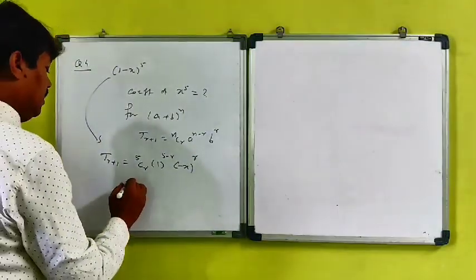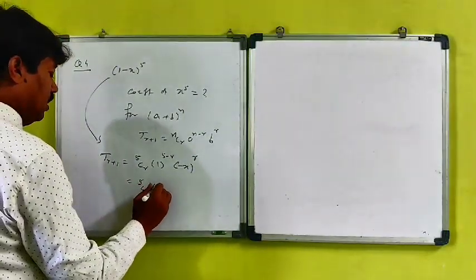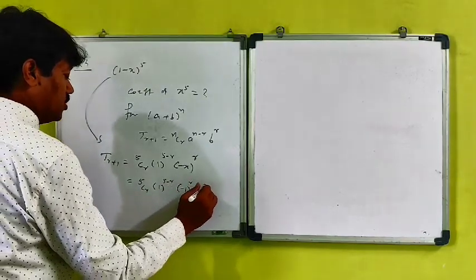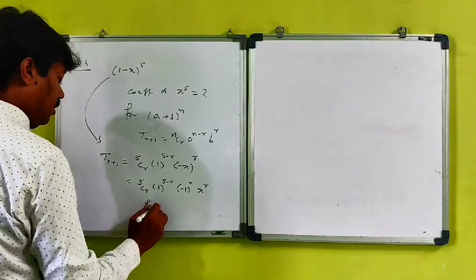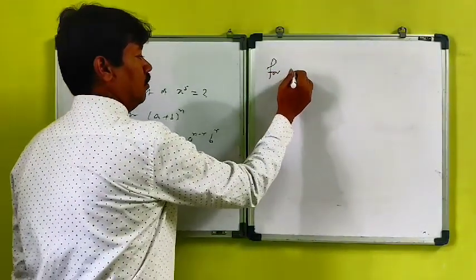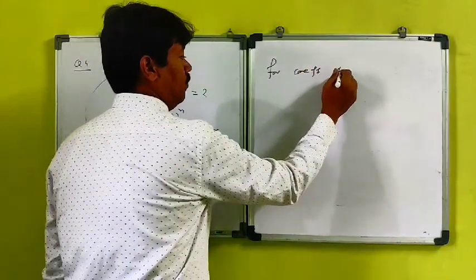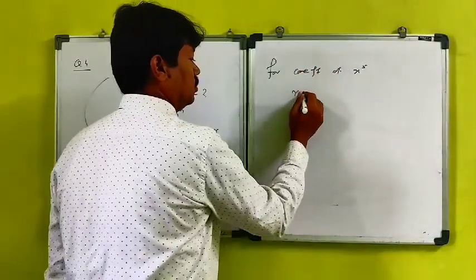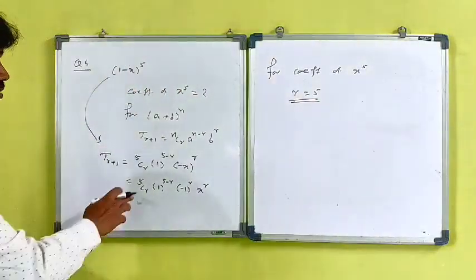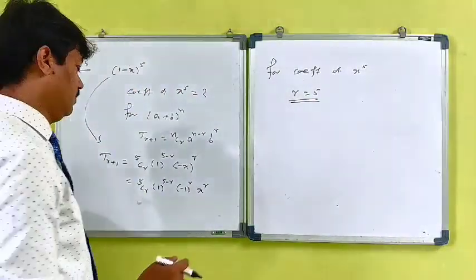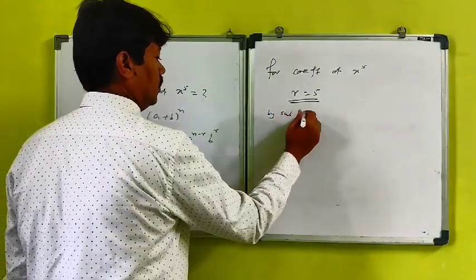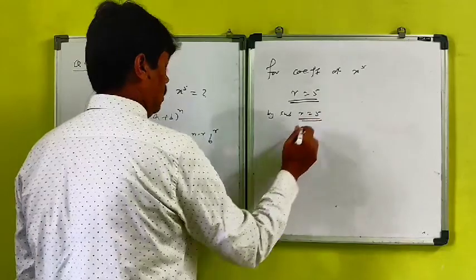So that is nothing but 5CR, 1 raised to 5 minus R, minus 1 raised to R, x raised to R. Now for the coefficient of x raised to 5, R should be equal to what? R should be equal to 5. So substitute R is equal to 5 in this. By substituting R is equal to 5, we'll get